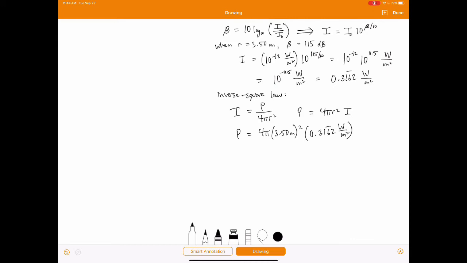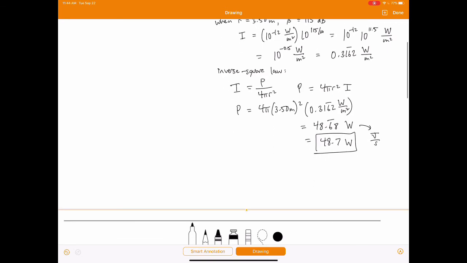And okay, this works out to 48.68 watts because meters squared cancel out on this. And we'll round that to a nice 48.7 watts. So that's the power output of the speaker. Remember, a watt is a joule per second. So this is saying every second that passes by, the speaker outputs sound energy equal to 48.7 joules. Okay, to answer the follow-up question then,